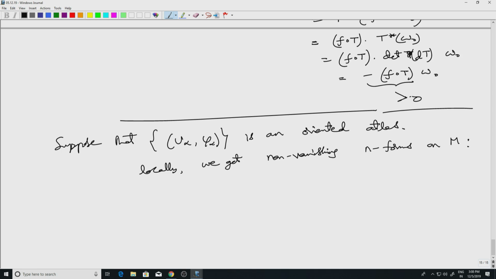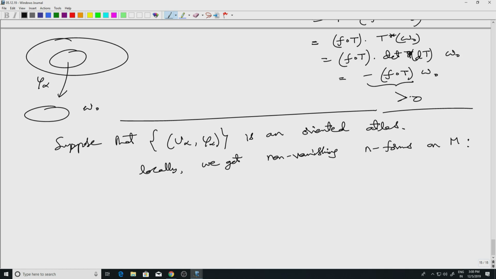Here we go the other way. So take a chart. Here you have the standard n-form omega naught, and this is the chart map phi alpha, U alpha. So I just pull it back to U alpha, phi alpha star omega naught,